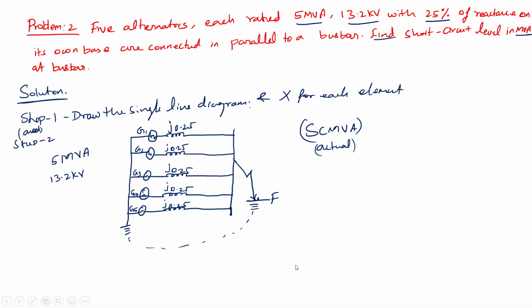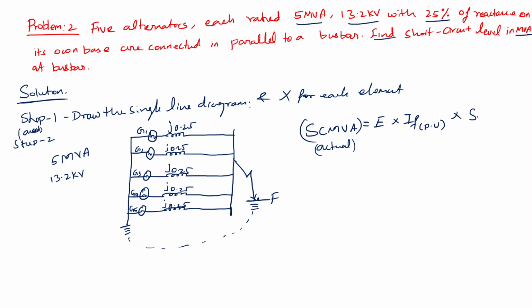Okay, so we need to find out SCMVA actual. So what is the formula for SCMVA? Anyone please tell me, recall. That is actually the voltage before the fault occurrence. So we know that we are not considering the load, so obviously it will be equal to E value. And also we know the value of E, it is nothing but 1 angle 0. Okay, so E into IF per unit